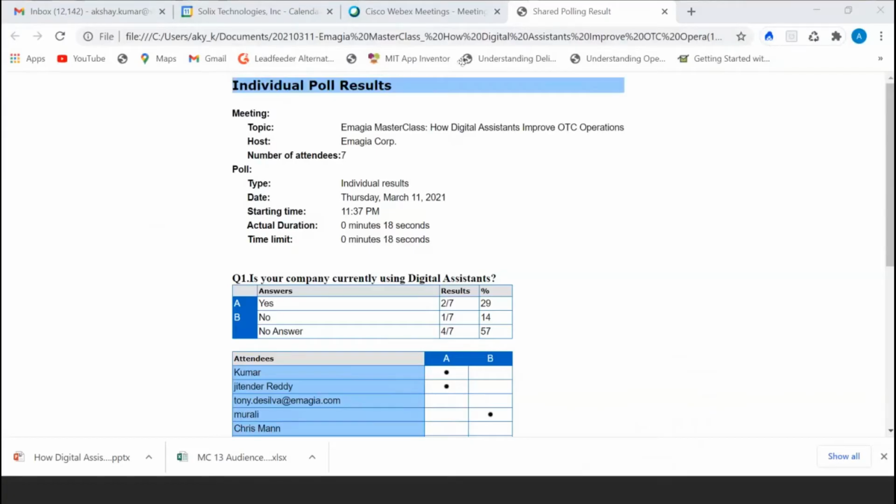So here they are, the results that we've got. So I think we got 29% of saying yes, John, and then a few of them actually are opting for the first choice for the second part of the answer, and a few for the third choice, I guess. So that's what it looks like. But we can share the responses as well with the audience as we proceed.